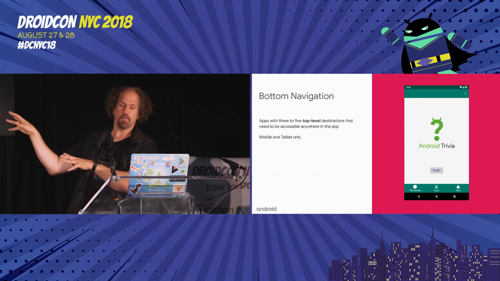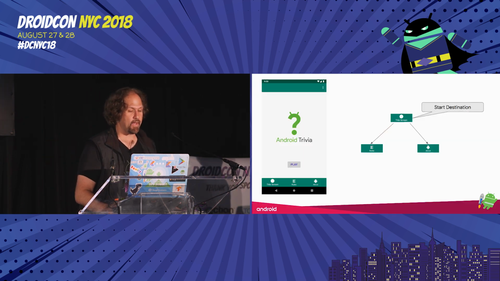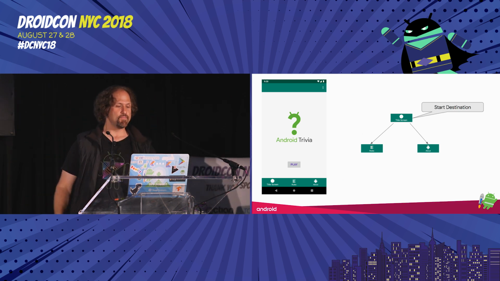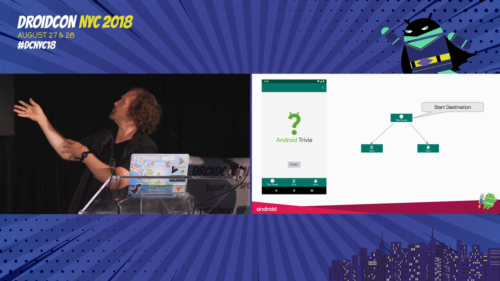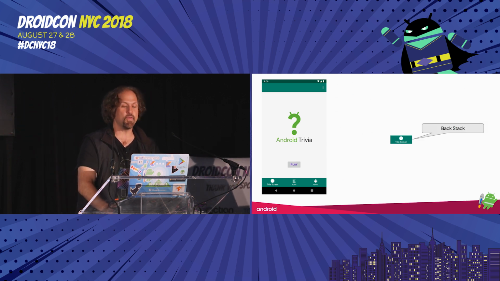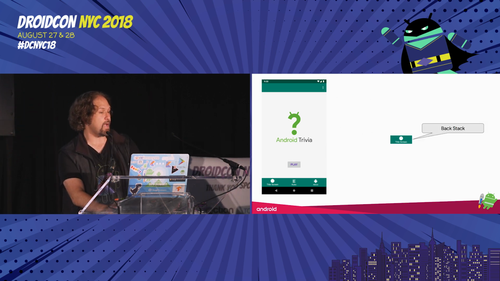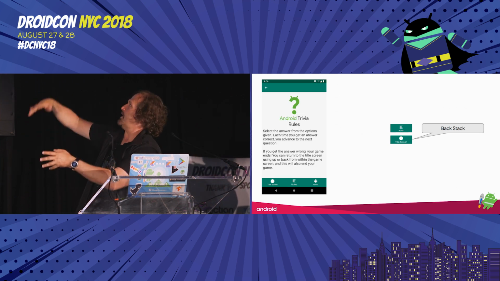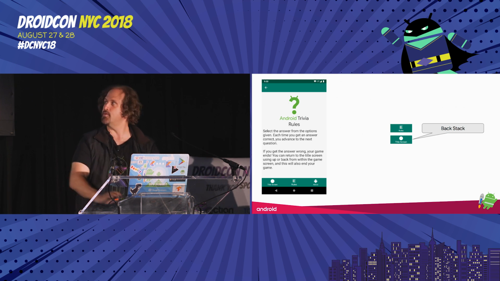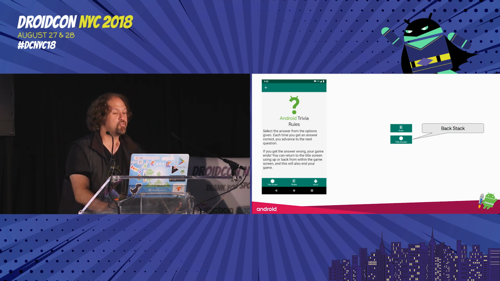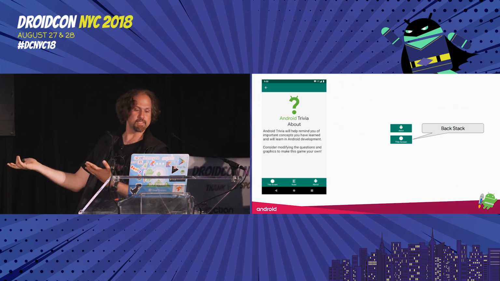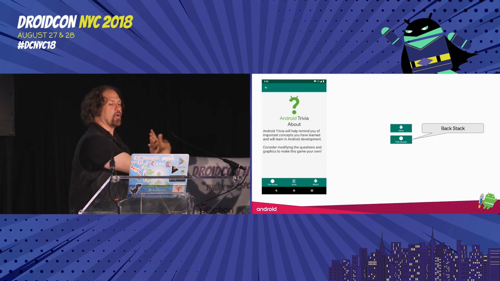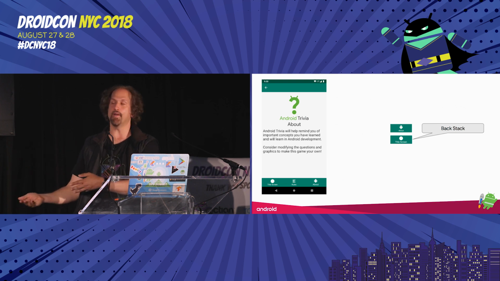Now, the bottom navigation menu currently works the same way. So once again, we can see that it contains these destinations that are either start destinations or siblings of the start destination. When the title screen is selected, it's the only thing on the backstack because it is the start destination. When the rule screen is selected, it and the title screen are now on the backstack. And you can see that we have the navigation arrow changing appropriately. Now, when the About screen is selected, it and the title screen are on the backstack, and that's always the case because the implementation pops off all the fragments before adding the next destination.